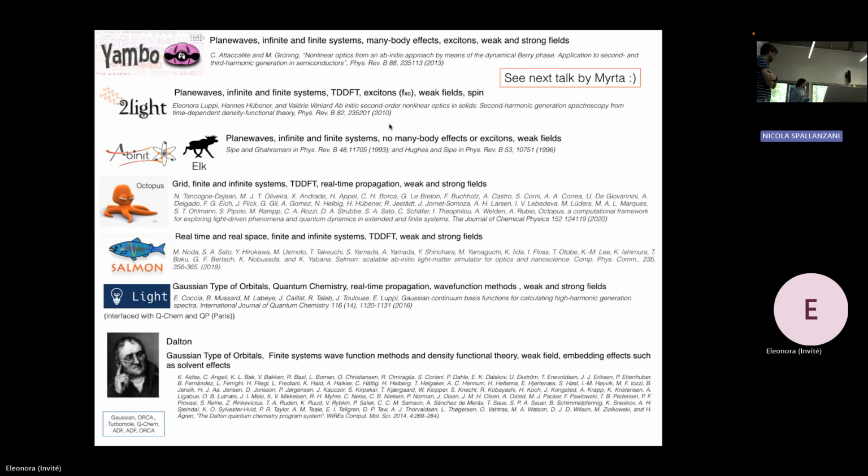In the strong field, for what concerns solids, I think they use mainly the velocity gauge, but I have not seen so much study about these. In my opinion, concerning solids, there is a huge need of theory development to really understand the mechanism. And so the gauge is between